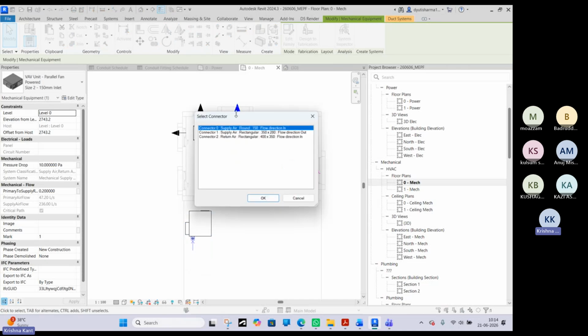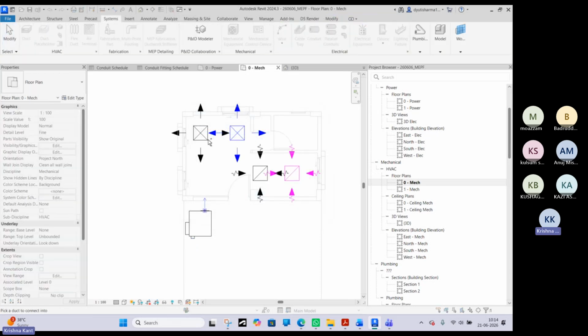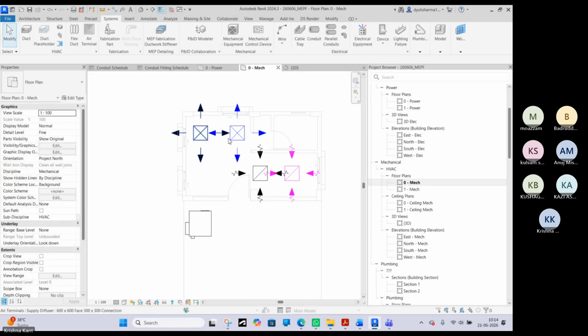So what type of connection do you want first? Obviously, I want to connect with the supply, and I also want to select the